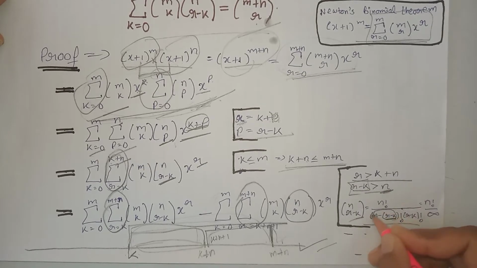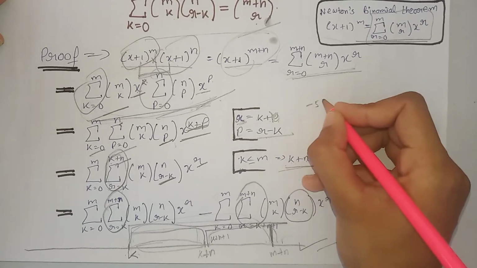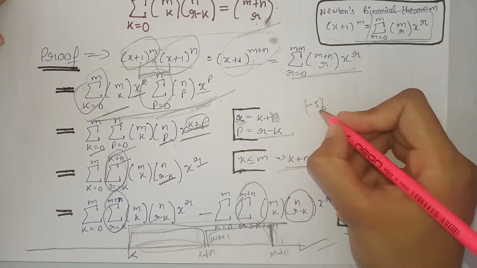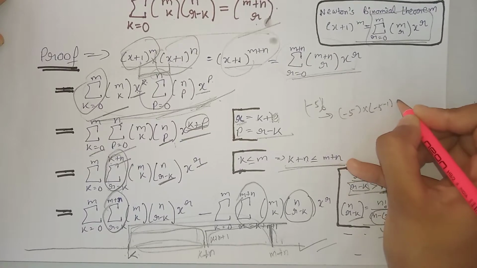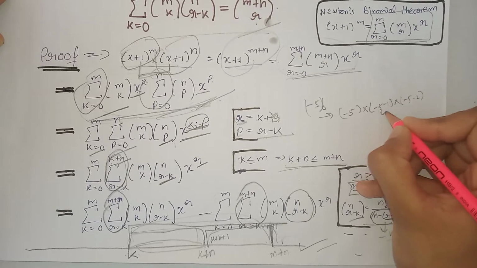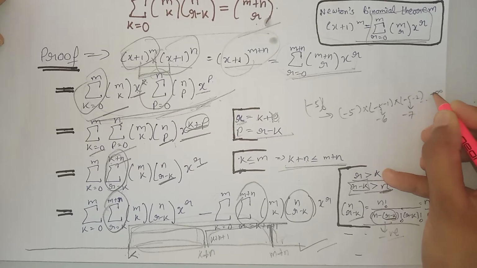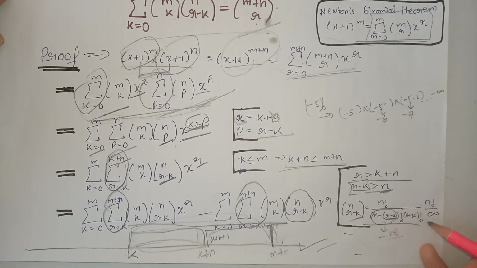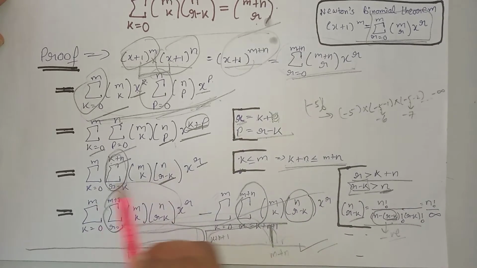That means the value inside the factorial will become negative, and we know that the factorial of every negative number is infinity. We can take an example, suppose we take minus 5 factorial. Now it can be expanded as minus 5 multiplied by minus 5 minus 1 multiplied by minus 5 minus 2. Now see here, minus 5 minus 1 is minus 6, minus 5 minus 2 is minus 7, and so on it will go to minus infinity. And we know that something upon infinity is always equal to 0, so this whole term is 0 and we are left with only this term.